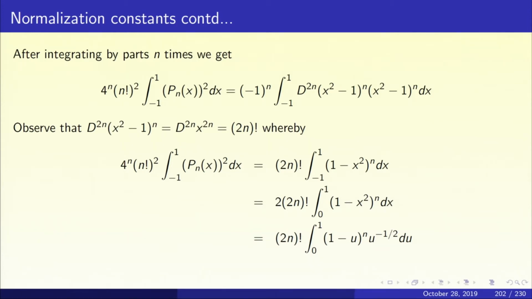Observe that the 2nth derivative of (x squared minus 1) to the n equals the 2nth derivative of x to the power 2n, because all the other terms will become 0 when you differentiate 2n times,